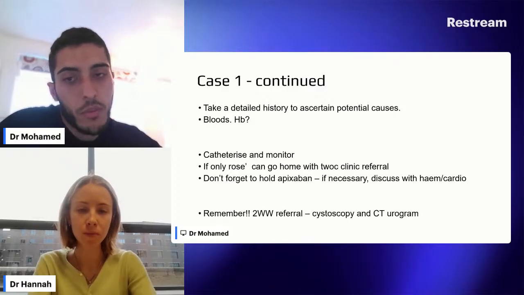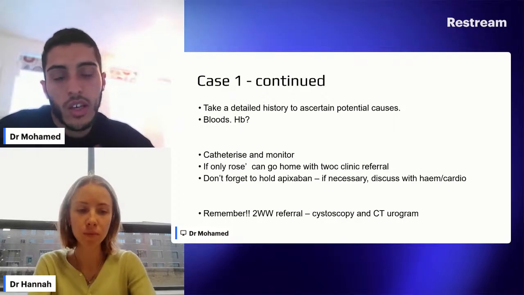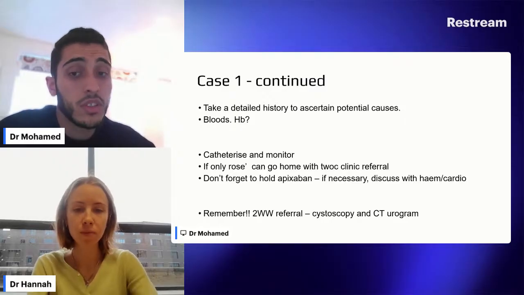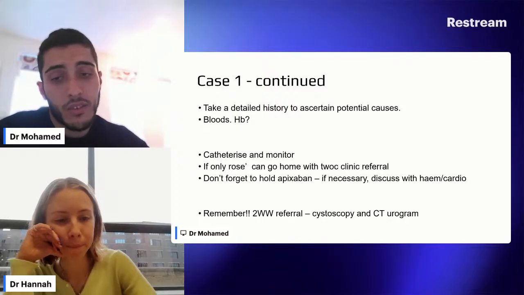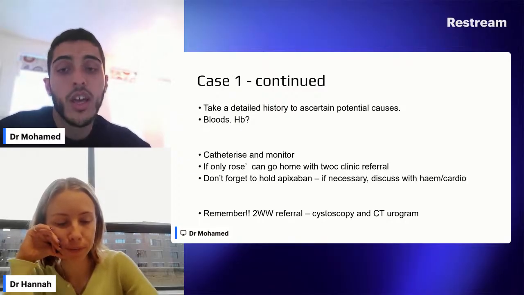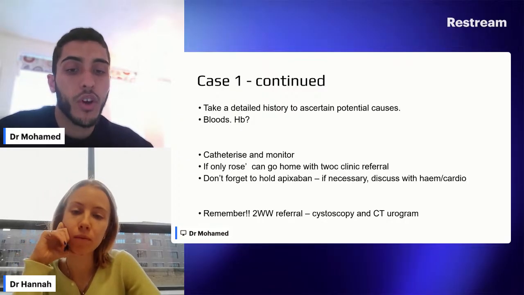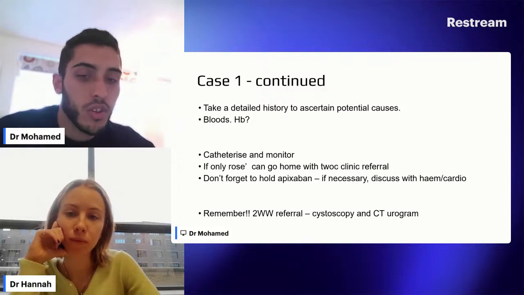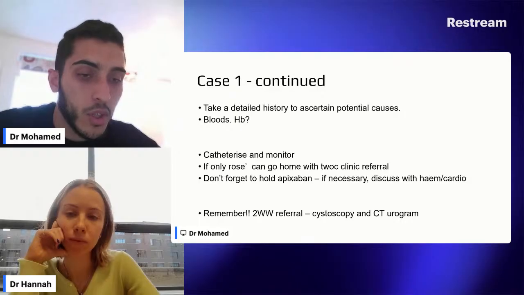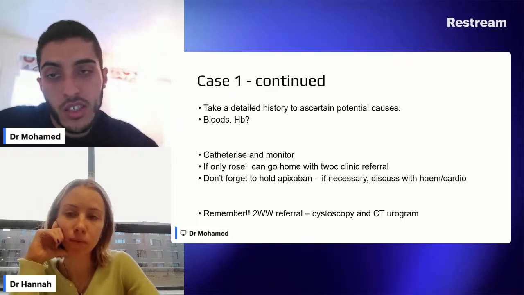And of course, remember, he's presented with new hematuria. And, I think, as mentioned in the chat, rightfully so, you should be suspecting cancer or something that you want to rule out. So remember, he doesn't need to have those investigations there and then, but definitely a 2-week wait referral needs to be put in for cystoscopy and a CT urogram. And this is absolutely essential that you do this because this could be the one and only presentation that he has